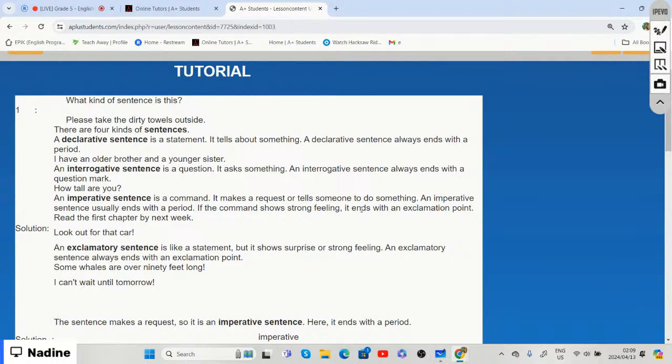So it can literally be anything because you're just telling someone about something. So that is a declarative sentence. And a declarative sentence always ends with a period. If we look at an example of a declarative sentence,